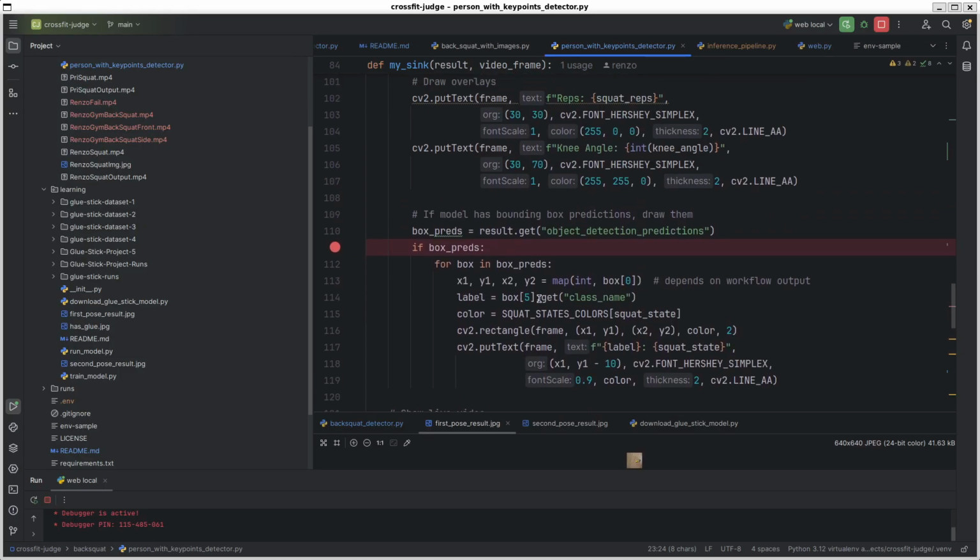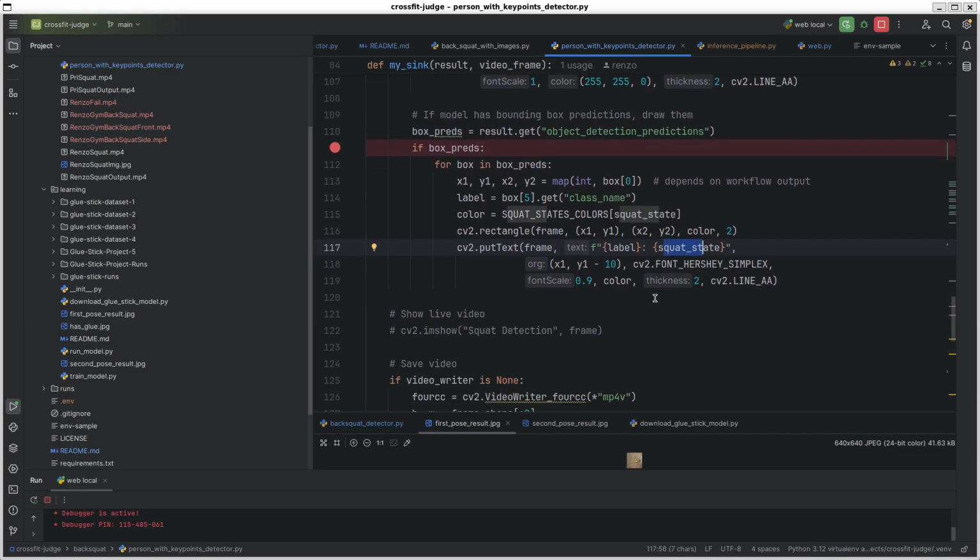Okay, you can see that I got the box. I decided the color based on the squat state in here. I draw the rectangle around the person, and to define what text to put, I put person and the squat state that we saw at the beginning of this presentation, right?